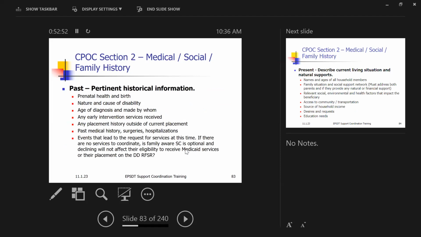So you have a past section for pertinent historical information. If something happened over a year ago, you can move it to the past section. You're going to discuss anything significant with mom's prenatal health or the birth, the nature and cause of the disability if it's known, the age of diagnosis and who made it, any early intervention services received, any placement history outside of their current placement, like if they lived with a different family member, if they've been in foster care, any